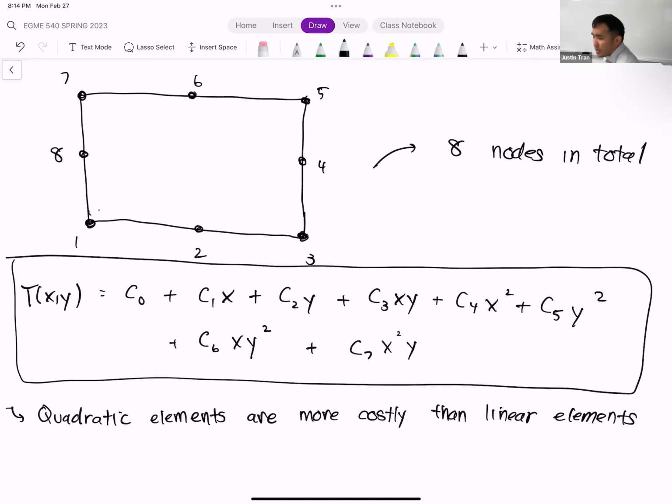Why don't we go to a pentagon? Why don't we go to a hexagon? Those should be even better, right? Because we have more nodes and more sides, and that's going to be even better for our shape function. Well, in theory, yes, but then you run into the issue where,